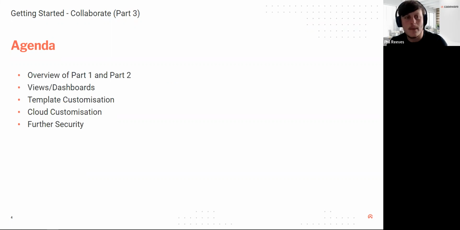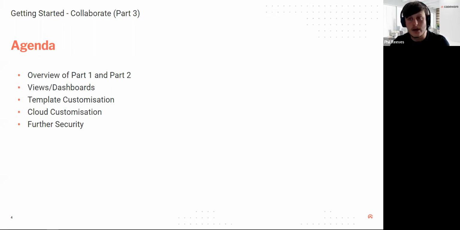But today's webinar, we're going to focus specifically on some of the customization options available within the Caseware cloud. So template customizations, for some of the SE products. And then we're also going to look at the cloud customizations. These are quite general areas that people may not necessarily be aware that they can customize or how to customize them. So things like welcome emails for new staff, or those initial login screens that you see when we log into the Caseware cloud, we can customize those as and when we need to,